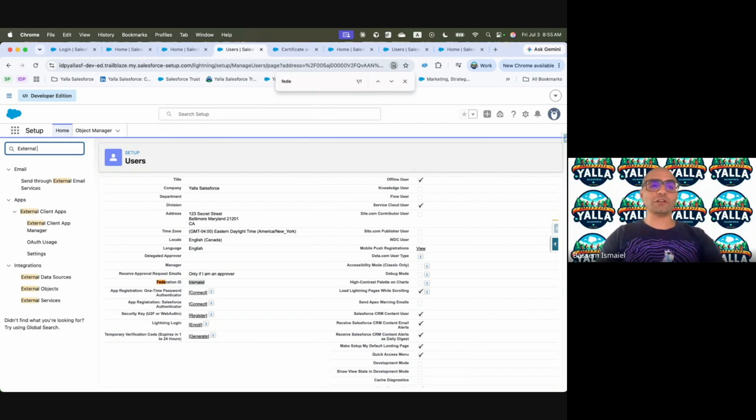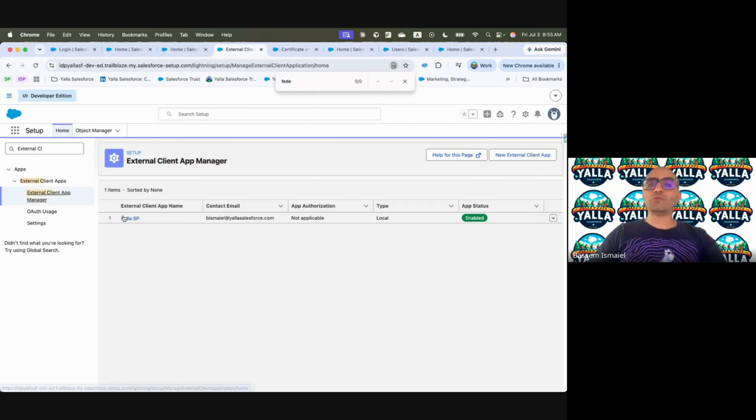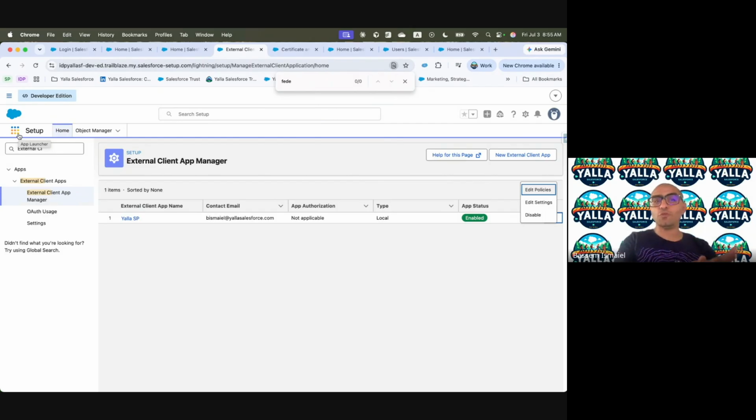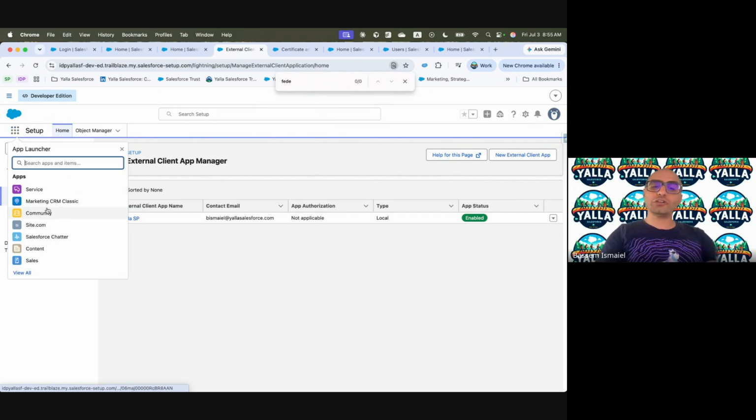So it's called the external client app. Those are applications you want Salesforce to be able to access, which will open here within the app launcher.